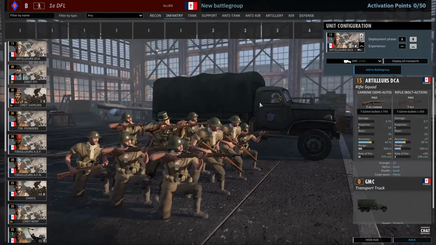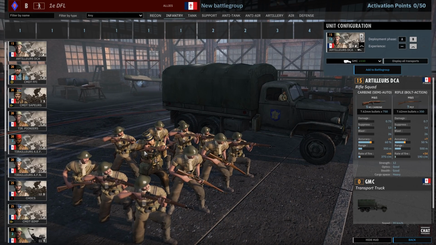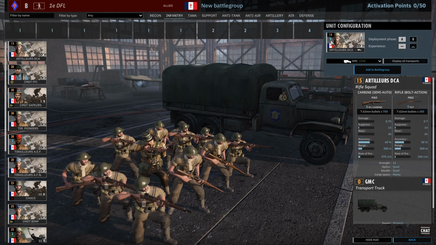Into the infantry tab, we've got the Artilleriers, DCA, the artillery troops. 5 M1 Carbines and 7 P17s. The M1 Carbines are good. I don't think the P17s are going to be that good. And it doesn't have an LMG, but they are 15 points. You don't get a hell of a lot of them,